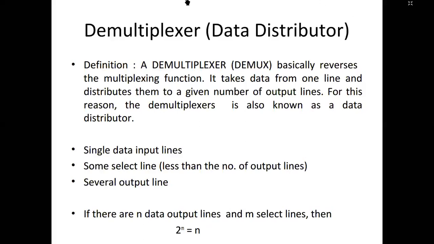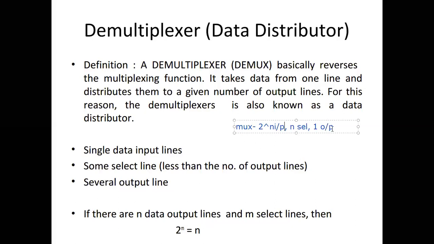If I rewrite it, a mux had 2 to the power of n input lines, n select lines and 1 output.